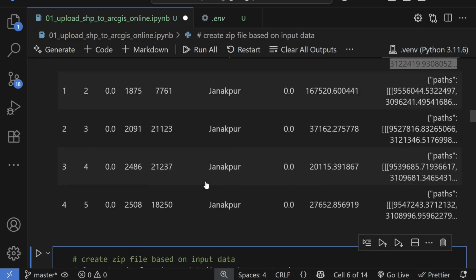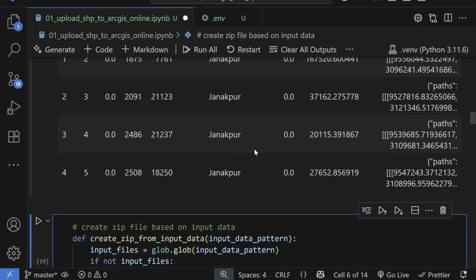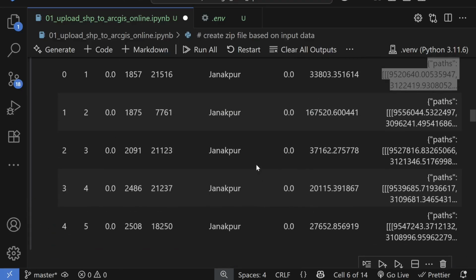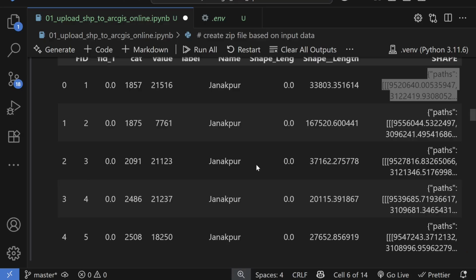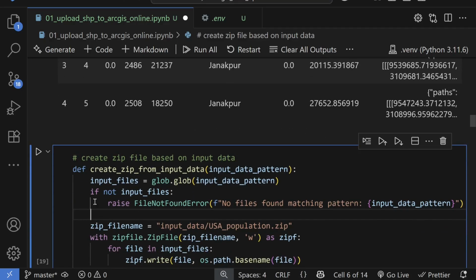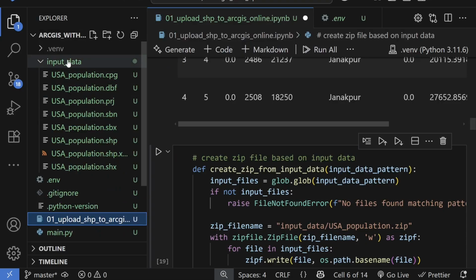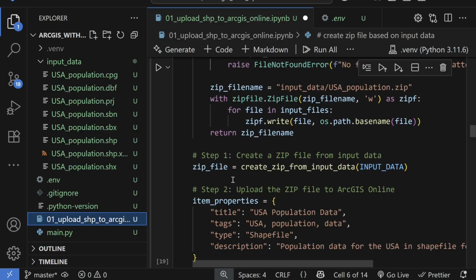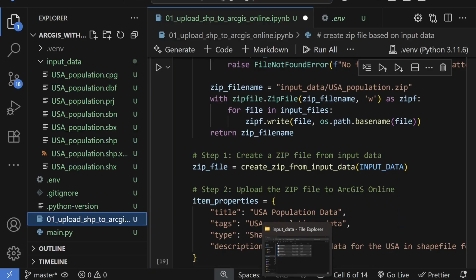And right now, that's all the basic idea about getting a layer from ArcGIS and listing it as a pandas data frame. But here I have code to actually upload my input data set to ArcGIS Online and then access it. So in order to do that,